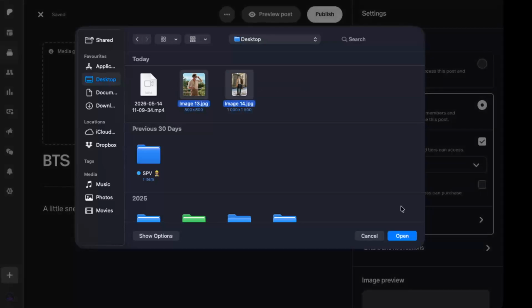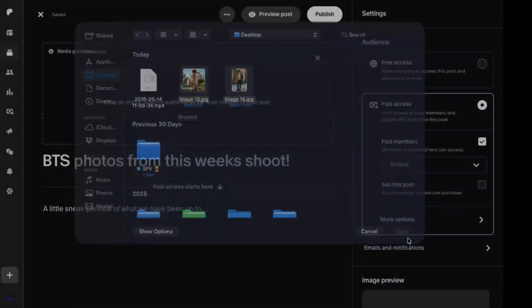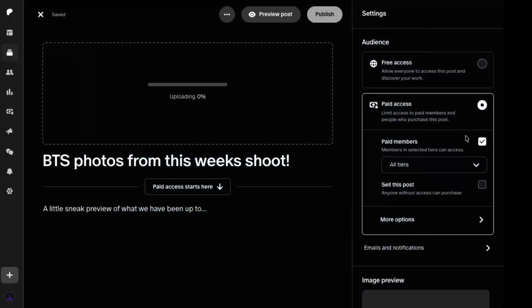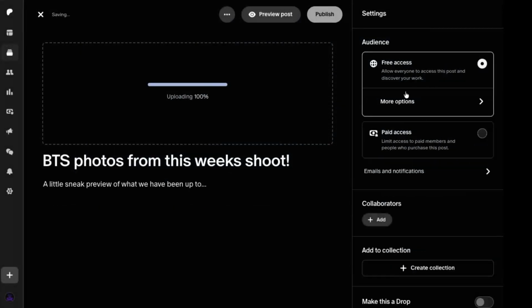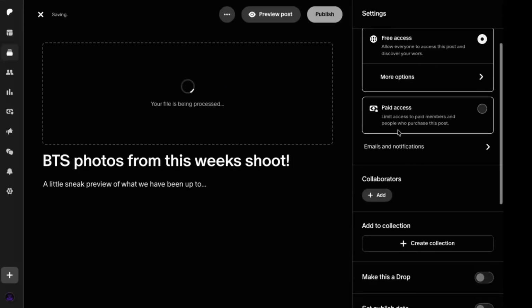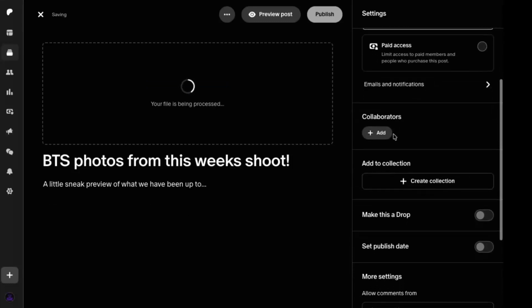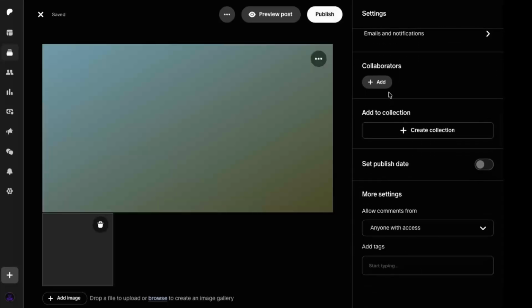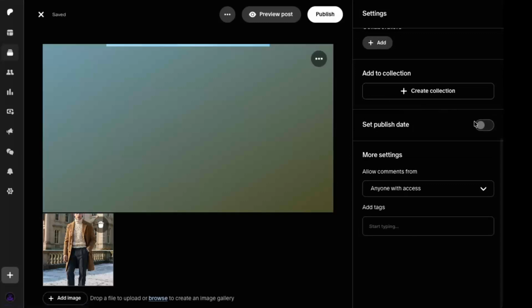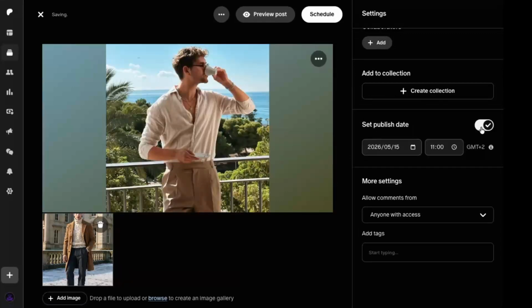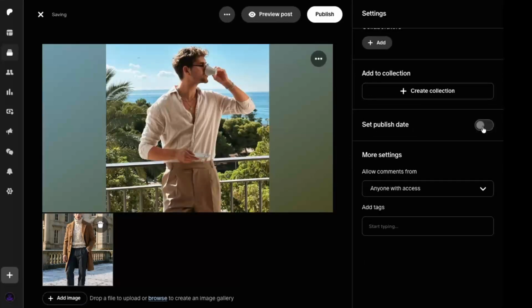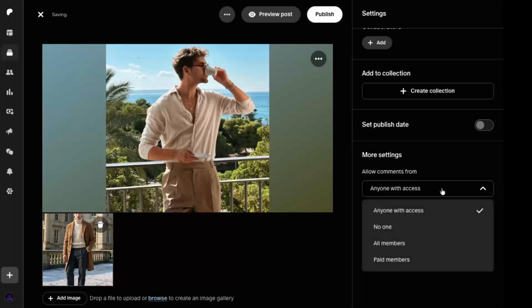On the right-hand side of the screen, you'll see several important settings. Here, choose who can access the post, such as free followers or paying members. You can also add collaborators if you're working with others, decide whether to add the post to a collection, and choose if it should be part of a special drop. You'll be able to set a publish date if you want to schedule it for later, and decide whether to allow comments. This is also where you can add tags to help organize your content and make it easier to